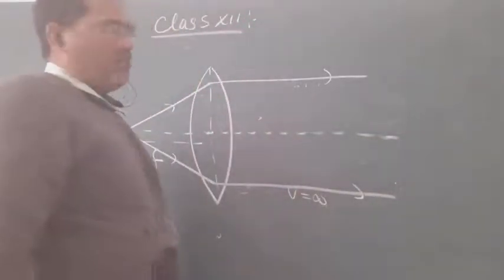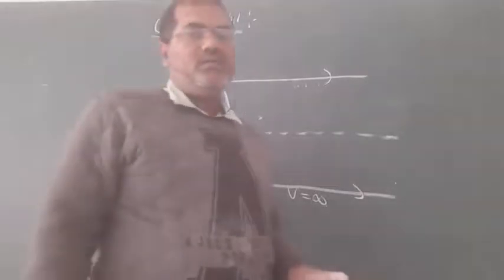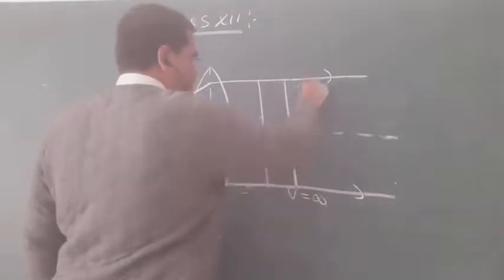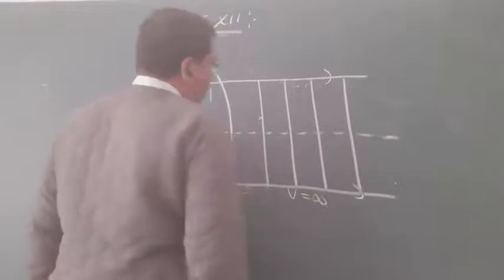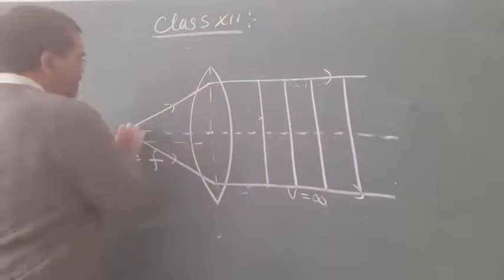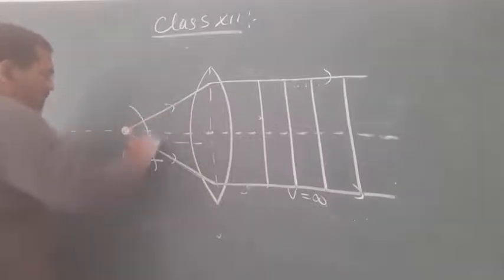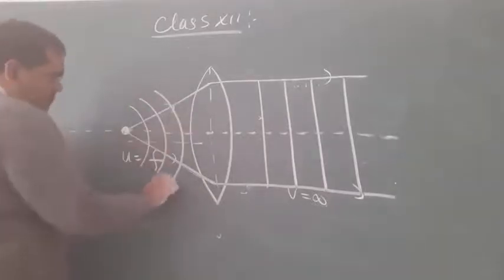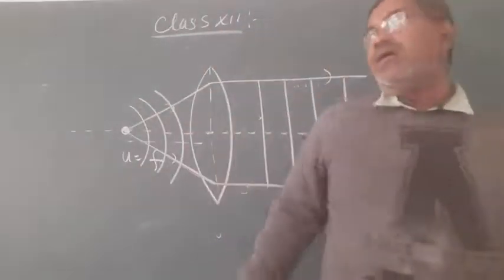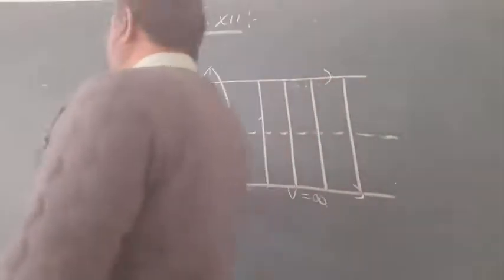So you can draw any two rays and the wavefront must be perpendicular to those rays. So the wavefront must be planar. So this is the refracted wavefront, you can say. This is incident. Incident rays are radially diverging, so the wavefront must be spherical. So this is the incident wavefront, that is spherical, and this is the refracted wavefront, which is planar. So this is all about this question.